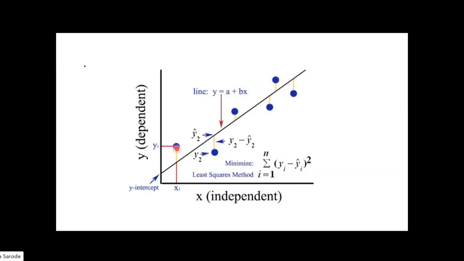The difference between those points is what we call residual or error, and the mean of all these squared errors is what we call MSE, or mean squared error. So the equation of the line is a plus bx, or mx plus c, or beta 0 plus beta 1 of x. This technique minimizes your error, or these residuals. It tries to find the line which passes through the maximum number of data points in your data set. So these residuals can be reduced by using the OLS technique.